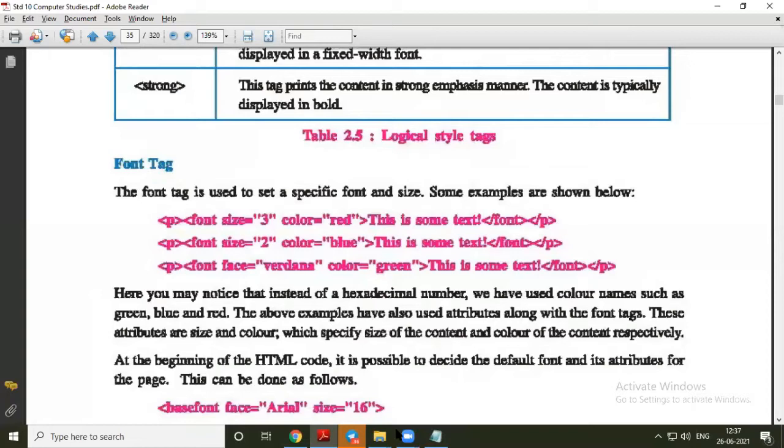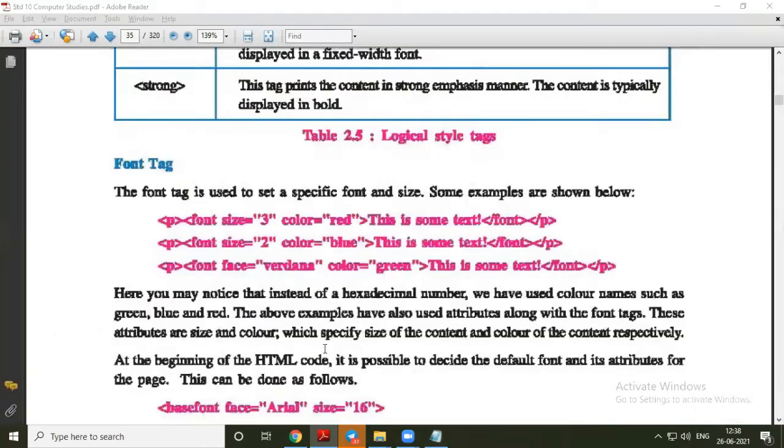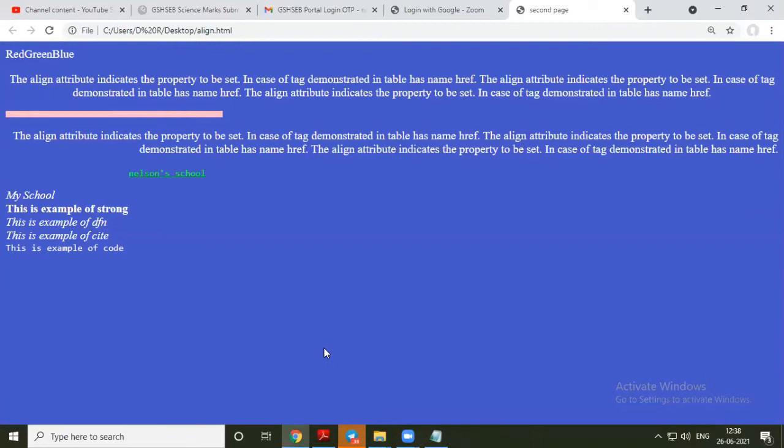In the font tag, now I am using font, and the first attribute that we are going to use is size equal to, for example, 25. 25 size example, then slash font. Now you can see the font size of 25 point here.